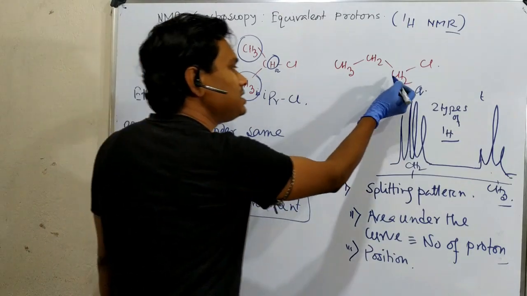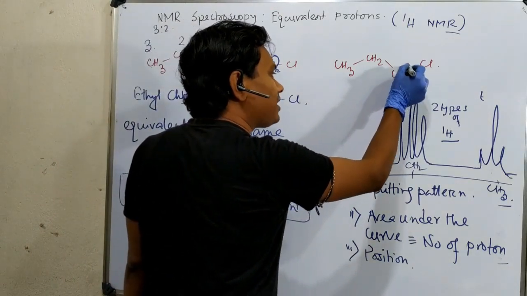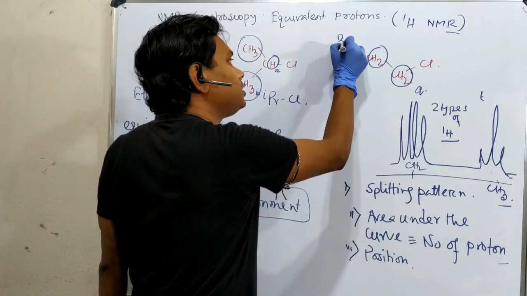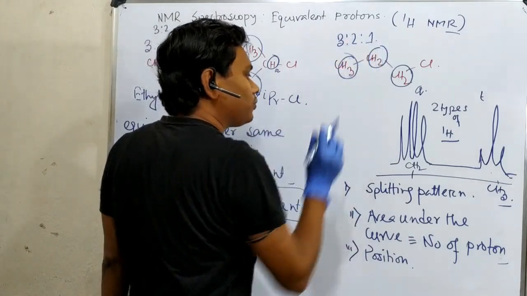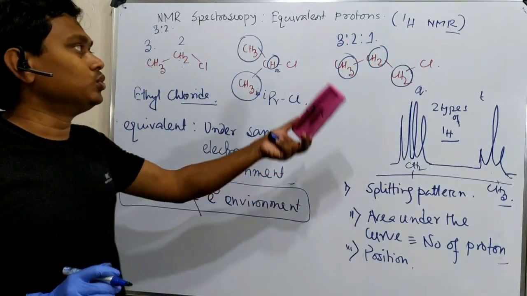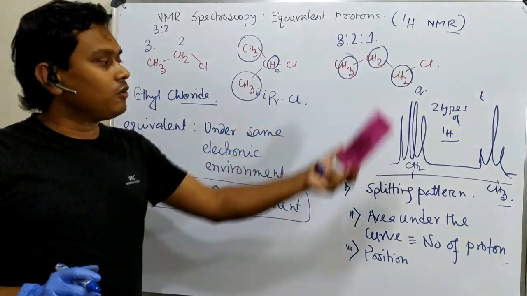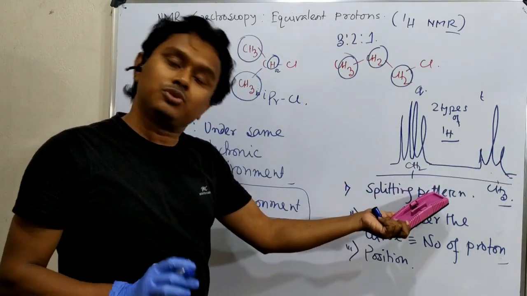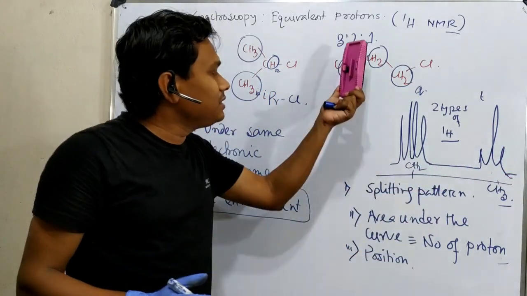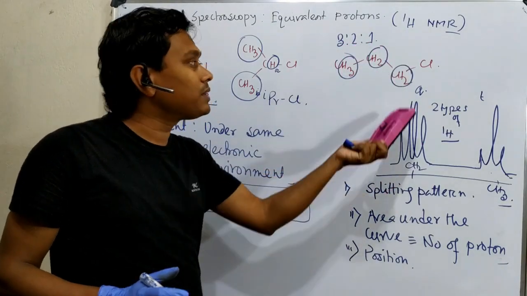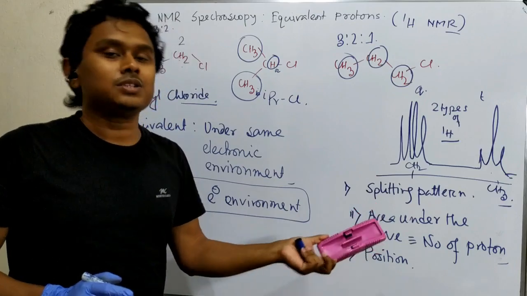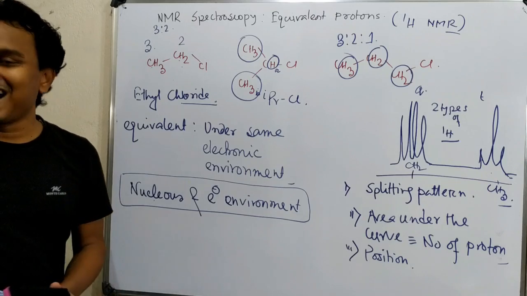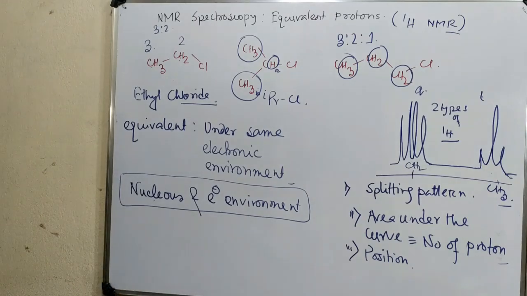Now if I consider this molecule, see one type this, another type this, another type this, but what is the expected ratio? 3:2:1. So from integration, I don't know whether it is 2 or 6 or 5, but the ratio I can predict. For example, if you take 1, this is around 3, it will be 2. The ratio is fixed, or 1:1.5. In this case also 3:2:1. So this will help us to predict the equivalent protons. Okay. So now, is it always that easy? The answer is no. So let me give you some other examples.